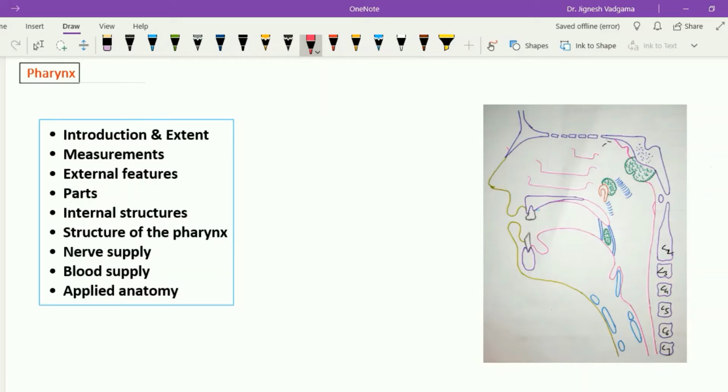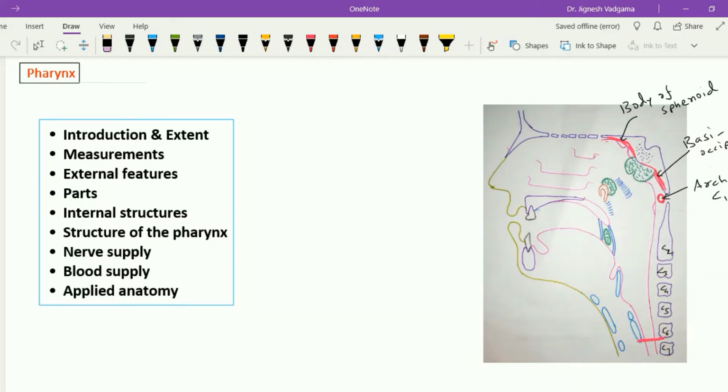Now when we see the external features of the pharynx, it is extended above by the base of the skull, and within this base of the skull, this is the body of the sphenoid bone, and here this area is the basiocciput, and just below the basiocciput there is the arch of the first cervical vertebra. Below, the pharynx is extended up to the lower border of the cricoid cartilage. It is at the level of the C6 vertebra, and